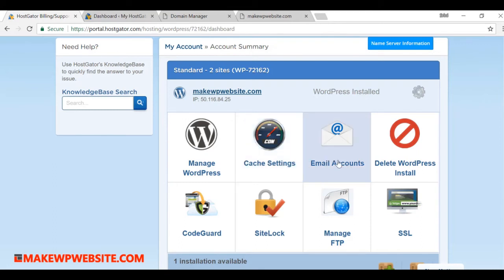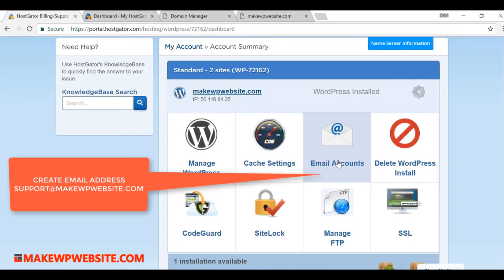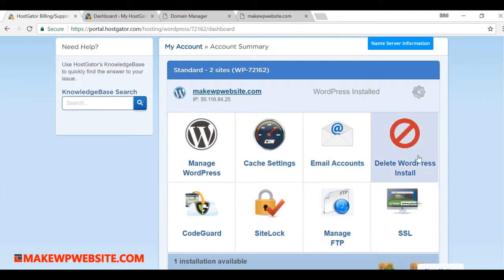Then you have your email accounts. You can create n number of emails here, like support@makewpwebsite.com, contact@makewpwebsite.com. You can just create n number of email accounts. We'll definitely create one, say contact@makewpwebsite.com, and then we'll use it in our contact forms. As I told you previously, delete if you want to do a fresh install or reinstall WordPress by deleting the existing content,